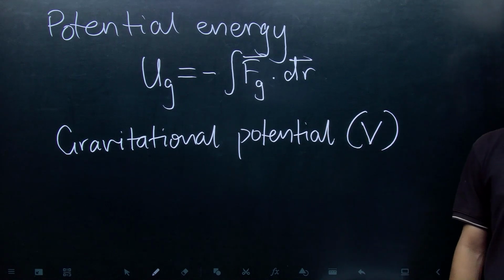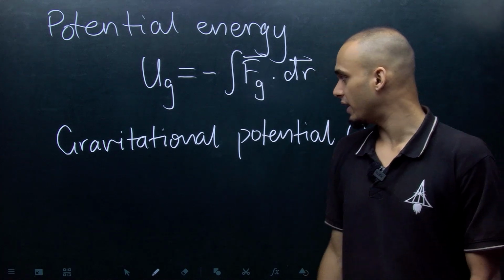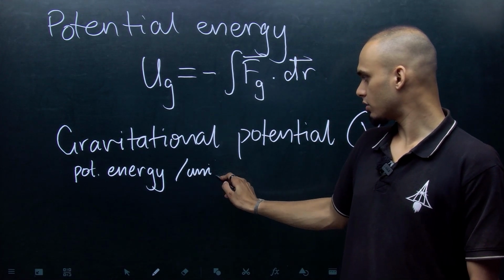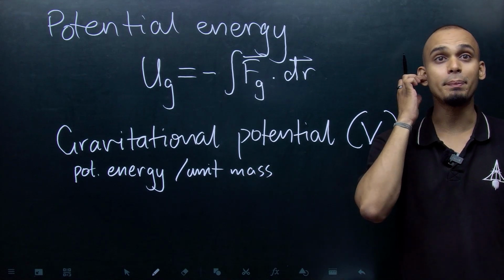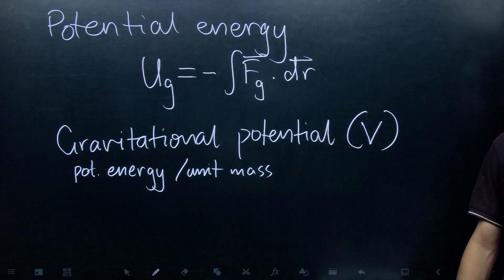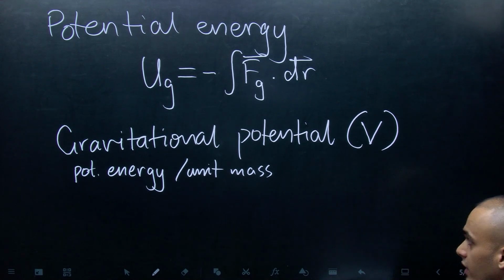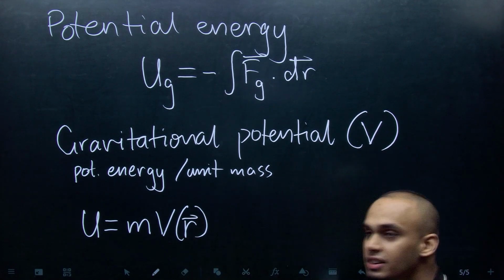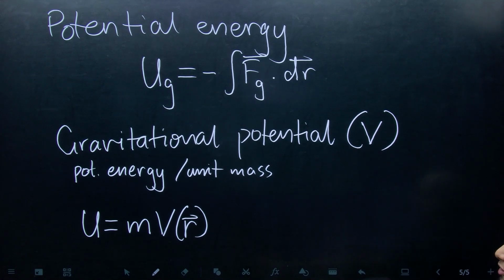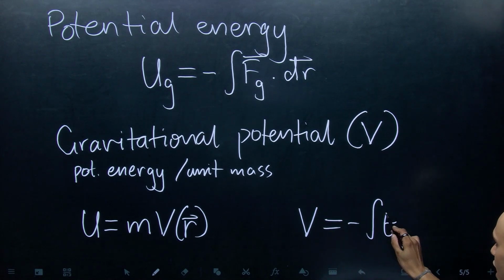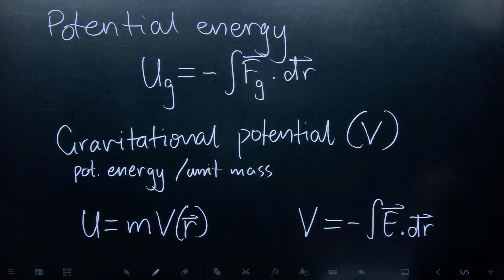Gravitational potential, we define similarly to gravitational field, as the potential energy per unit mass. That is, any object kept inside this quantity will experience some potential energy depending on the position and on the mass of the object. And we define it the same way, that is, potential energy U will be equal to mass times the gravitational potential at that point. The symbol is V, and since we define potential energy as minus of integral of force, if we just cancel mass from the force, we get the definition of potential, that is minus of integral of gravitational field into dr. We get the definition of potential,